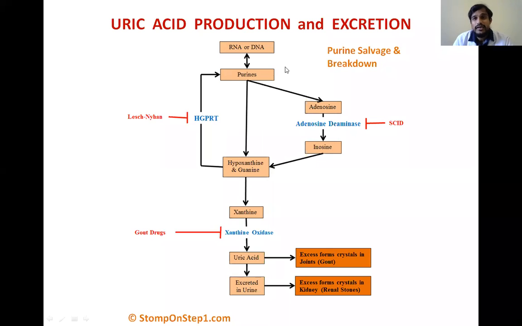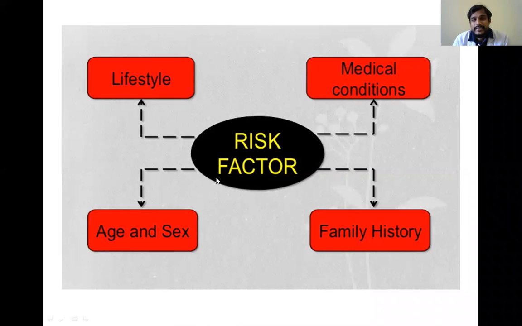But in case of gout, what happens is the uric acid is not excreted properly and will be accumulated in the joints, which is known as gout. And if there is more production of uric acid due to degradation of these nucleotides, then also it leads to accumulation of uric acid and gout. In different conditions like lifestyle, other medical conditions, and also hereditary conditions, this overproduction or decreased excretion of uric acid may occur. And we know there is primary and secondary gout. Primary is directly due to enzyme defect, which generally occurs in the hereditary diseases, and secondary occurs due to some other medical conditions.